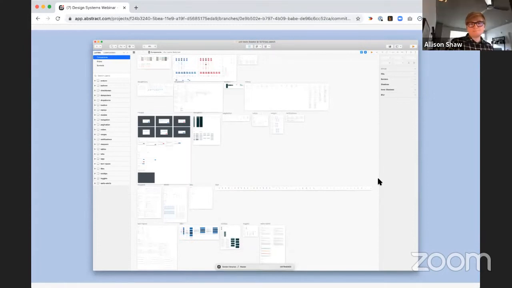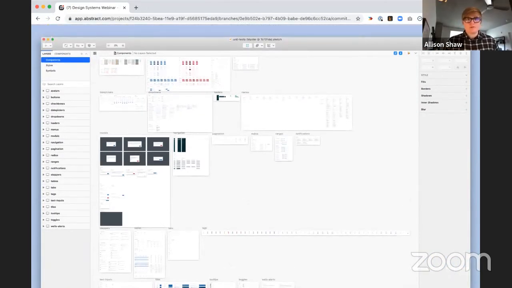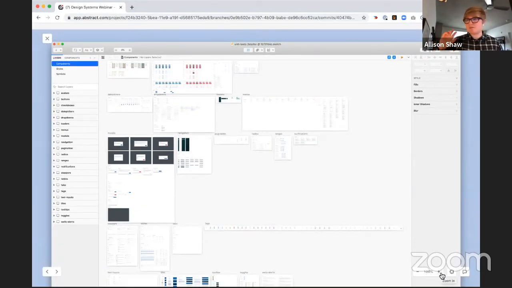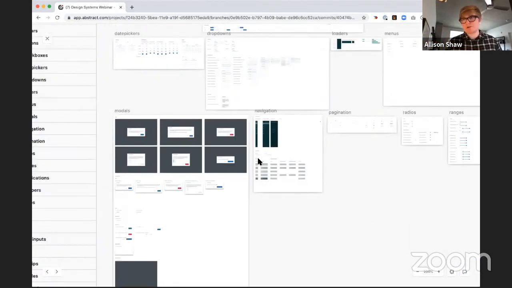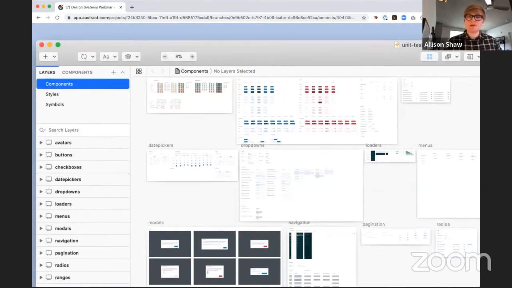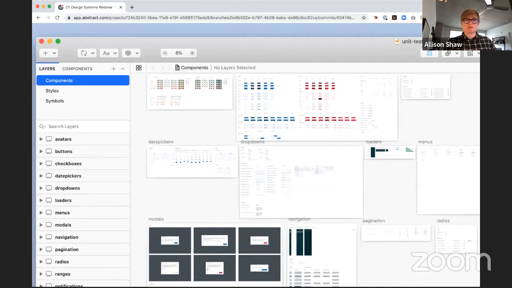Let's jump into the unit tests, because I think that this is some really interesting stuff that your team is doing that not a lot of design system teams are doing yet, but I'm really excited about this. So talk to me about what unit tests are for a design system. Yeah, so we borrowed this from the developer world, but basically a unit test is something that you run automatically every time you make any changes to your code. It validates against whatever it is that you want to test for, right? And so for the design system, we're borrowing this terminology, but you can see in this screenshot that